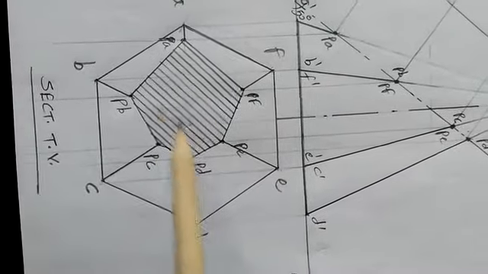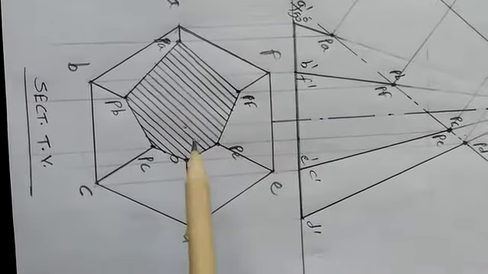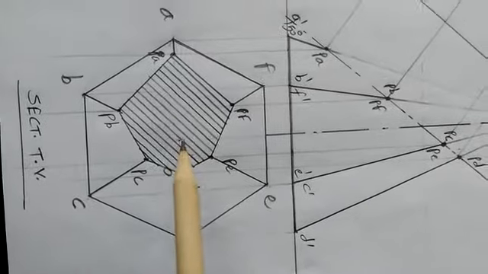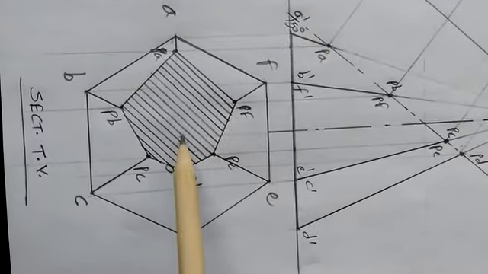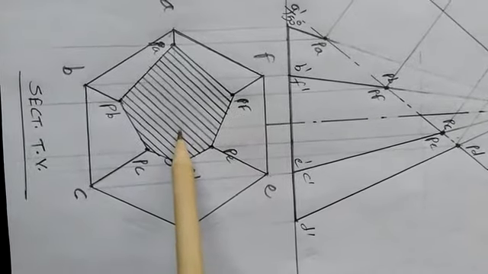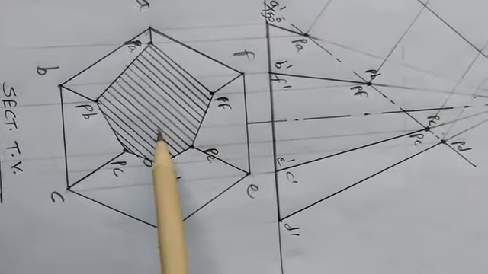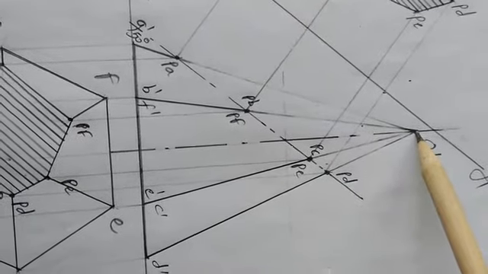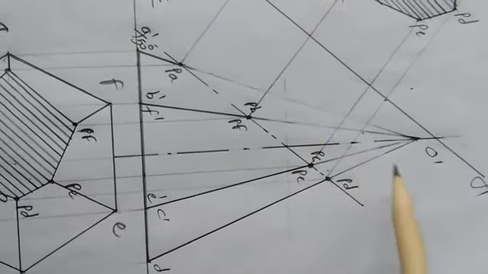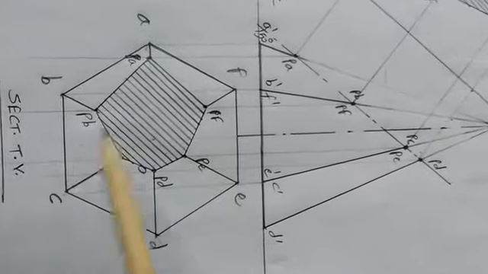When we'll show the hatches, in that case the surface which is to be hatched should be made very clean. That's why I have erased. Actually initially it was here, that is apex. The same is shown in front here, O dash. See here. Okay, this much part is removed. So this is the first view.